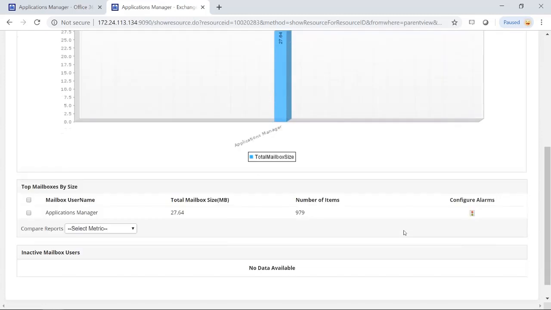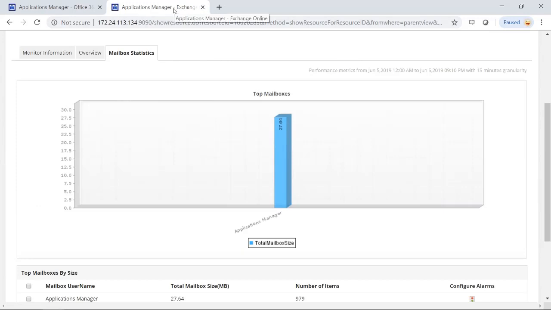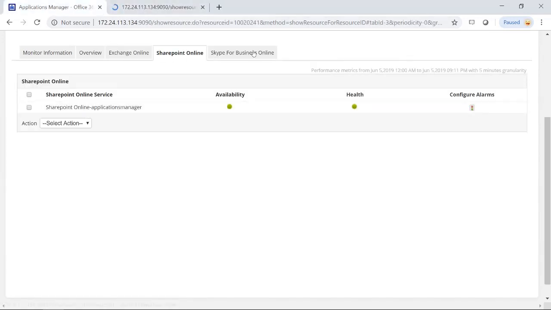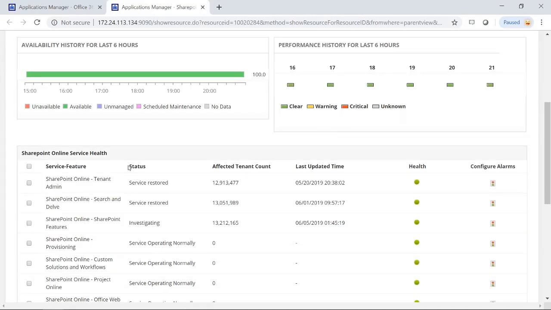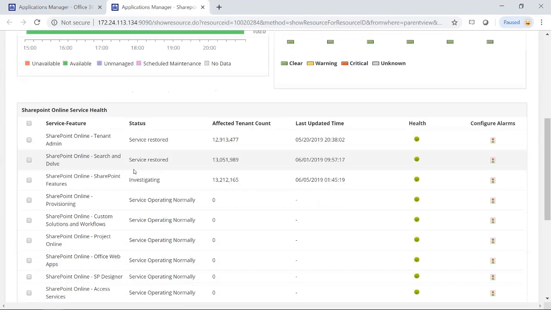And next, we also have the inactive mailbox users. If there are multiple mailboxes available, out of which one or two or maybe more are not being used, that information is also tracked, and we publish the same information on the UI. Next, we have the SharePoint service, where we monitor the various tenants available,